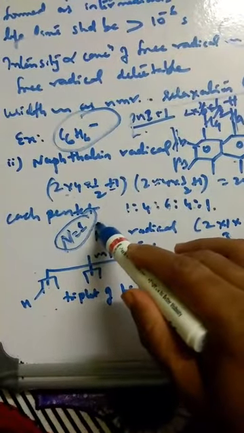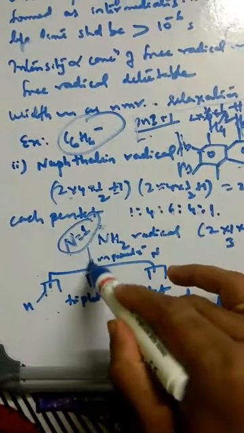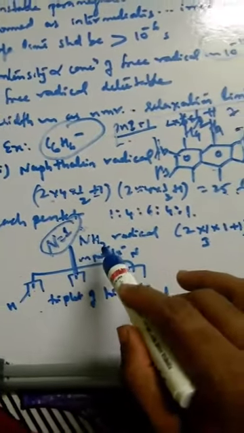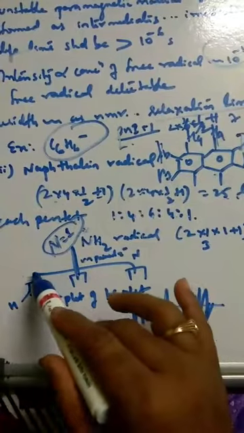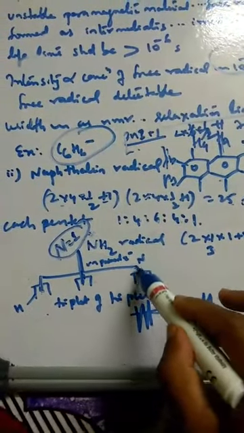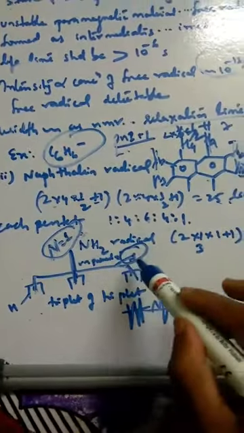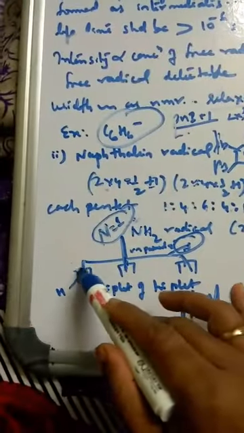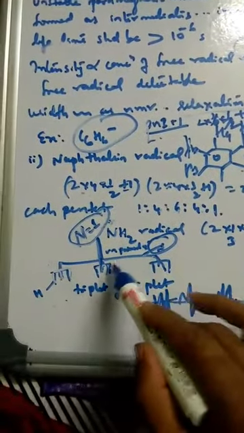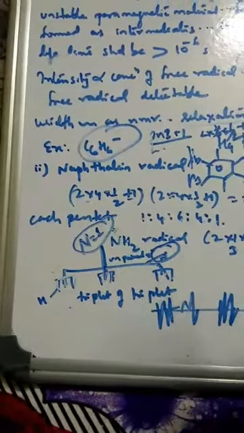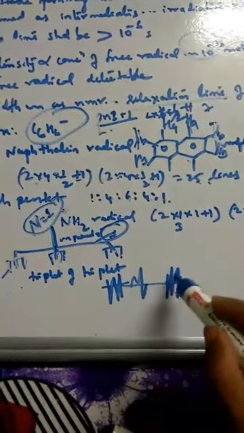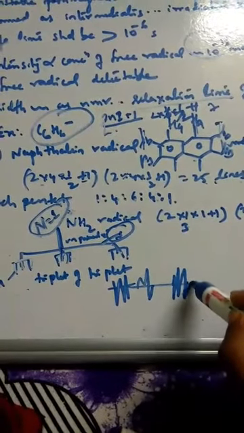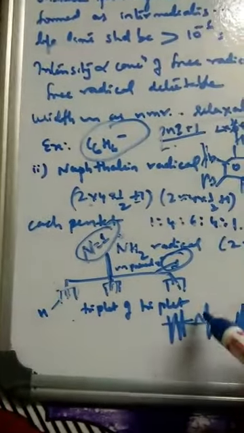And how do they split here? You can see nitrogen is having this radical. First the radical has a single big peak, and this is going to split into 3 due to nitrogen: 1 2 3. And what about hydrogen? Hydrogen further splits each into 3, like this: 1 2 3, 1 2 3, 1 2 3. That is a triplet of triplet. So this is how we say triplet of triplet.